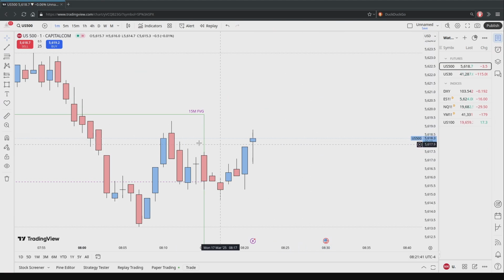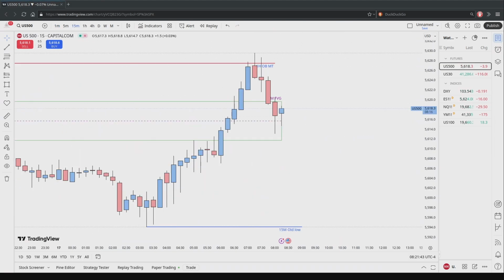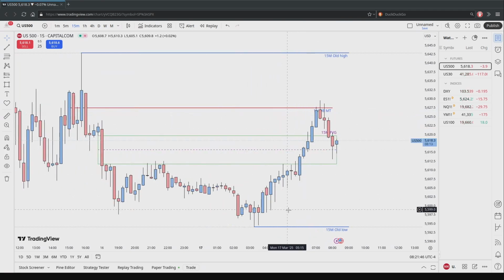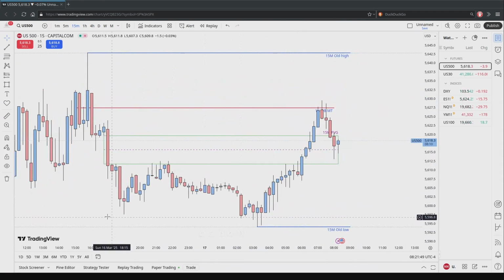One more thing that I also want to look at, since we had equal lows on US 100, we can see here that we do not have the same equal lows on US 500. Same thing can be seen on US 30, which also does not have equal lows. Dollar index, however, does have some relative equal highs on the 15-minute, which is worth noting. So those lows on US 100 are a little bit too clean.